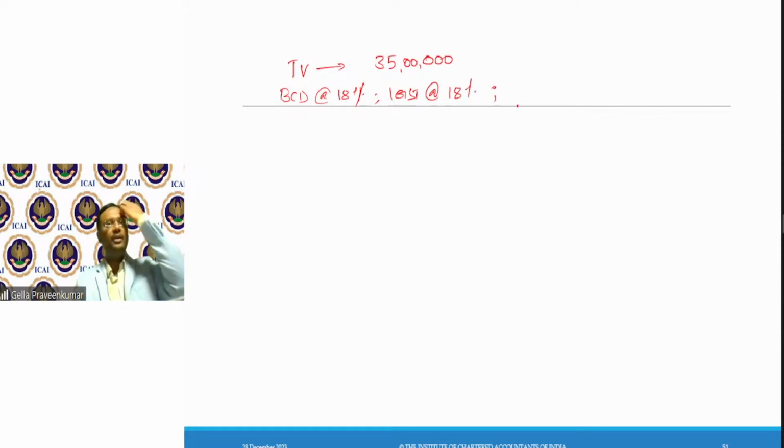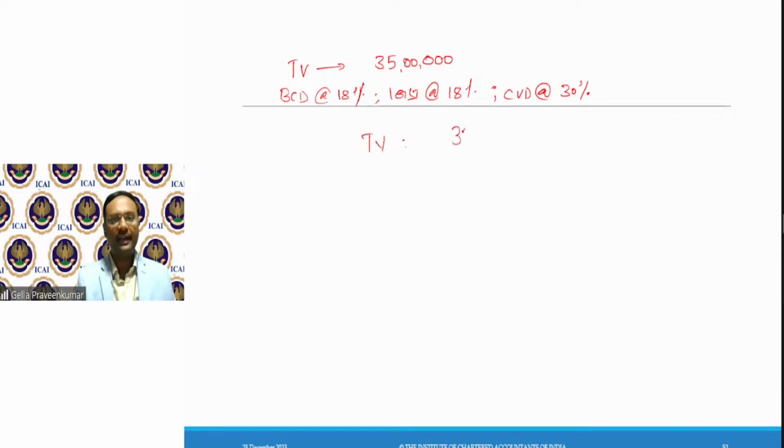There is a levy of countervailing duty at the rate of, say, 30%. This is what we were given. Please keep in mind, they may not make a reference to social welfare surcharge rate. By default, it is 10% on basic customs duty. So when I calculate this particular customs duty, I'll say transaction value 35 lakh.